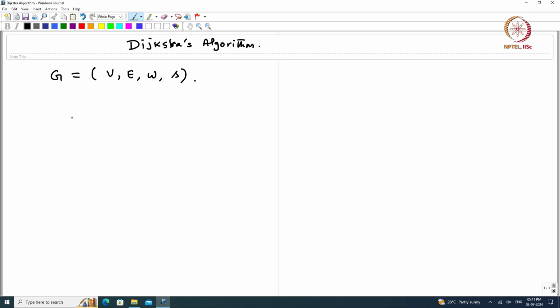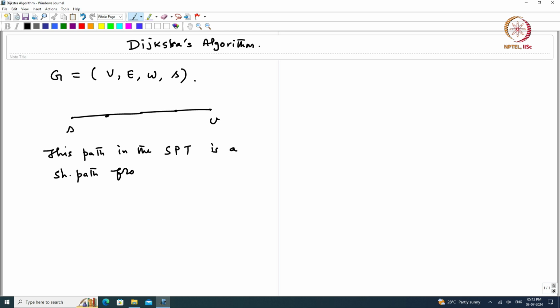If you look at the shortest path tree from S to V, in the shortest path tree you have a path, and this path in the shortest path tree is a shortest path from S to V. This is true for every vertex, let us say U, W, T. The same path, the portion of the path from S to U is a shortest path from S to U. For the same path, the portion of the path from S to W is a shortest path from S to W. In other words,